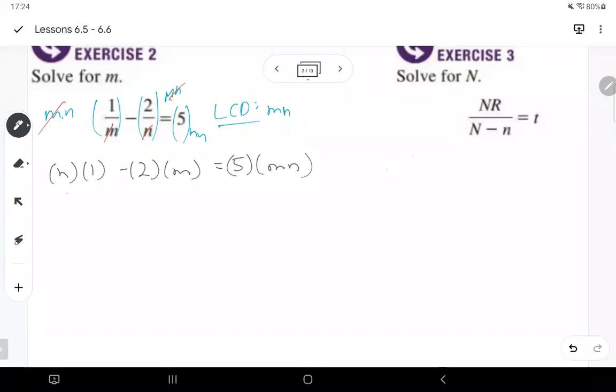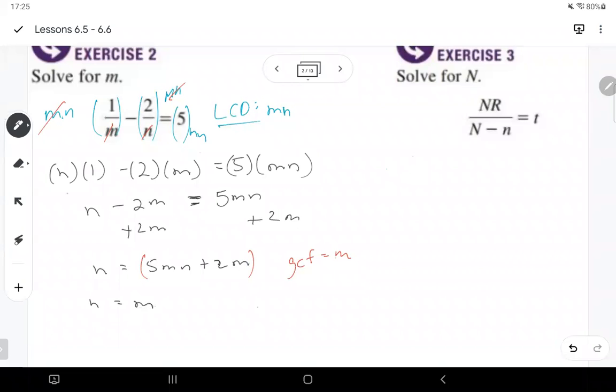What you're going to notice here is that because we want to see that the greatest common factor is m, we're actually going to add 2m to both sides. And then divide by the